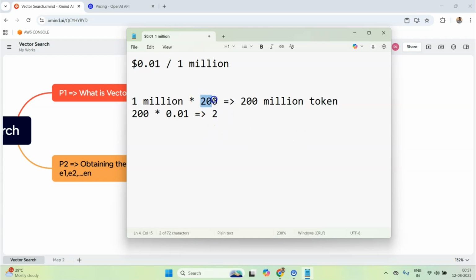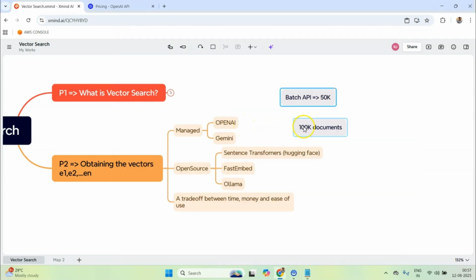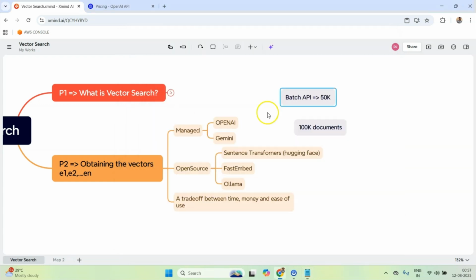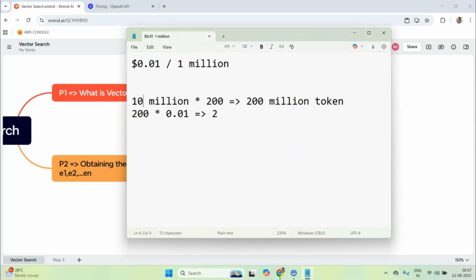And even I guess the 200 token estimate is not quite reasonable, but you get the idea, right? So the cost is not that huge. The only challenge in getting this many embeddings would be sending too many batch API requests, because in one batch API you can only embed 50k documents. Okay, and if it increased to maybe 100 million, in that case you see the problem, right?